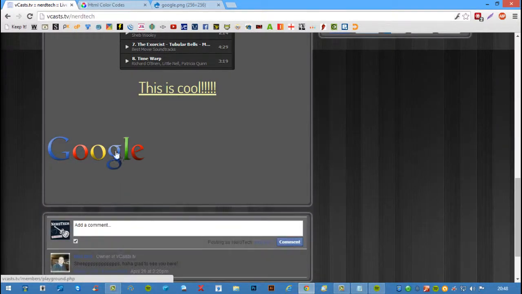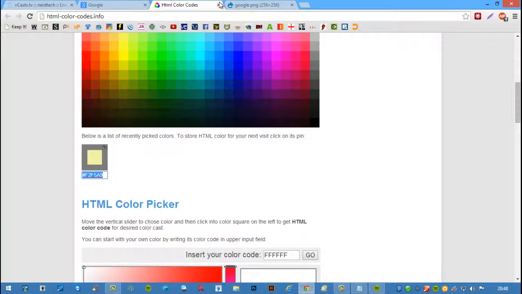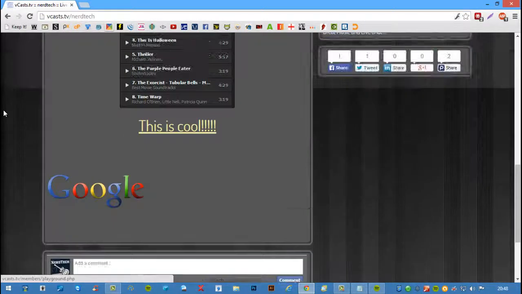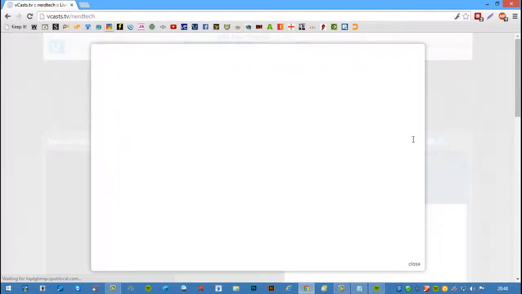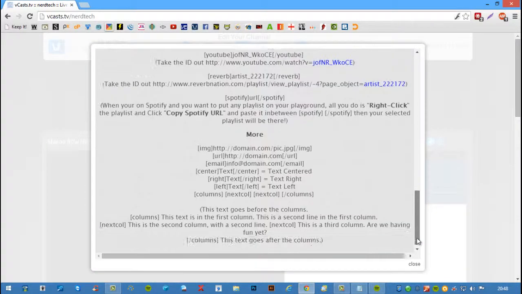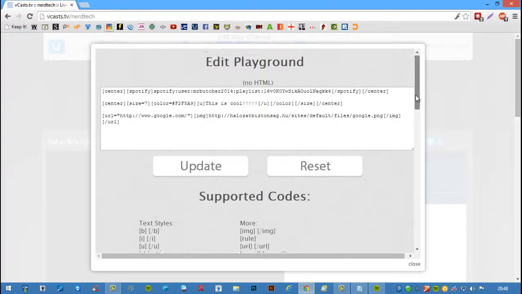See, I've got this image at the bottom here. You can see this text now is in the center. And now you can see as I hover over the image, it turns into a hand cursor indicating that's a link. So I click and it takes me to google.com. So you can have a really good experiment with these BB codes, put them together, and you can create some nice